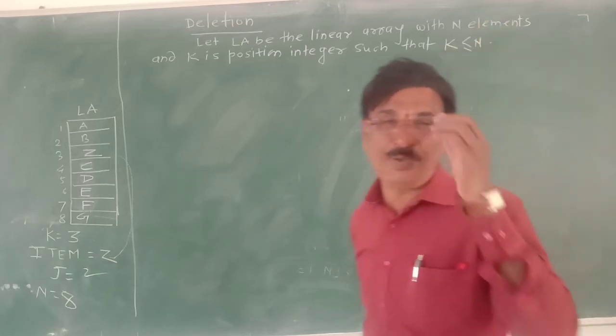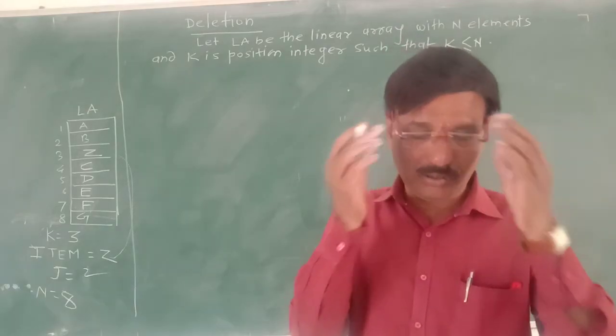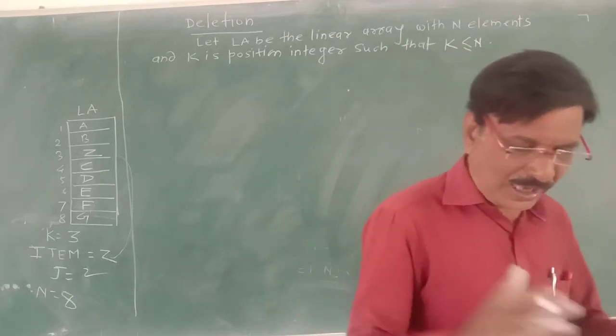Why? Because the element we are deleting must be smaller than or equal to n, because n is the number of elements. This algorithm